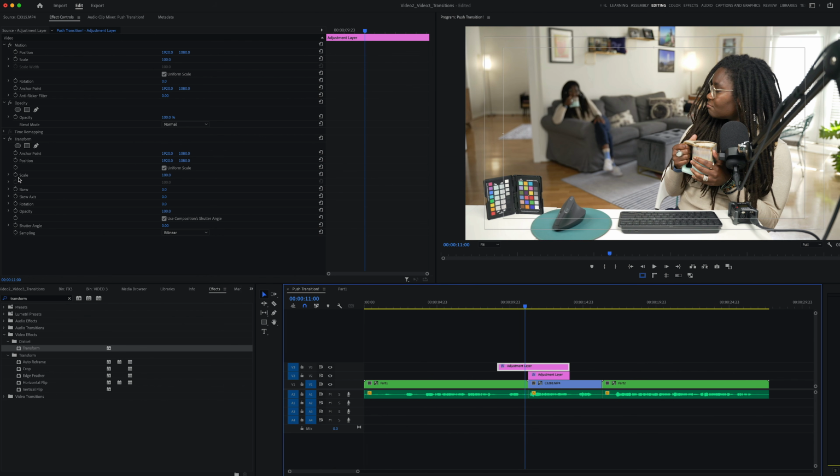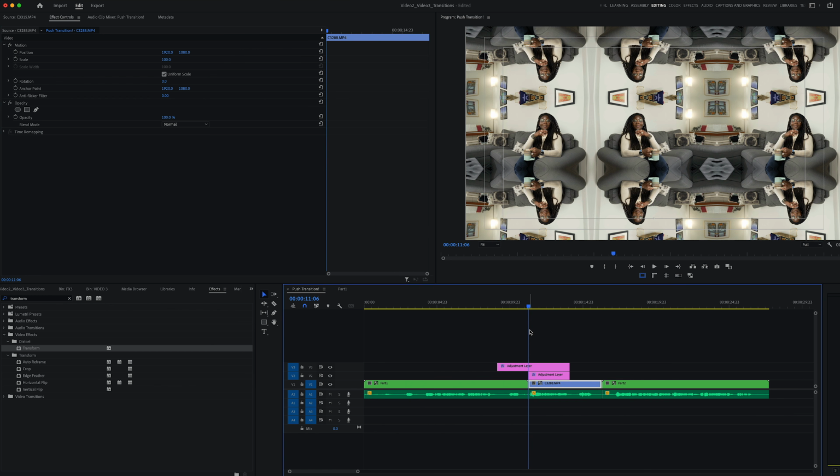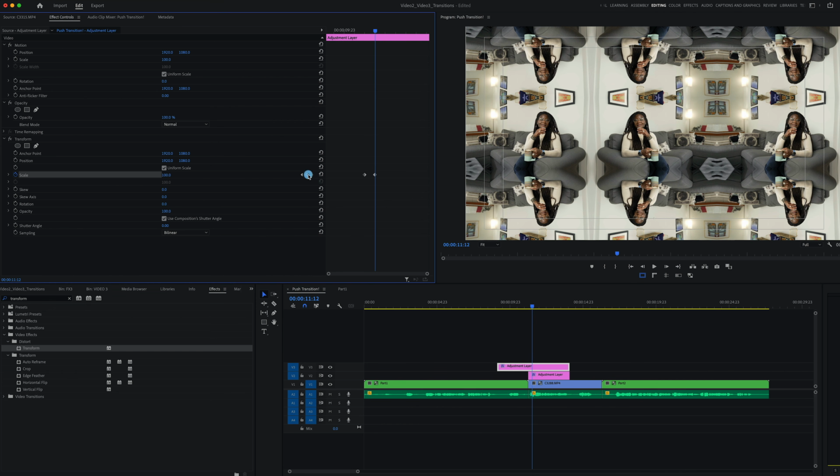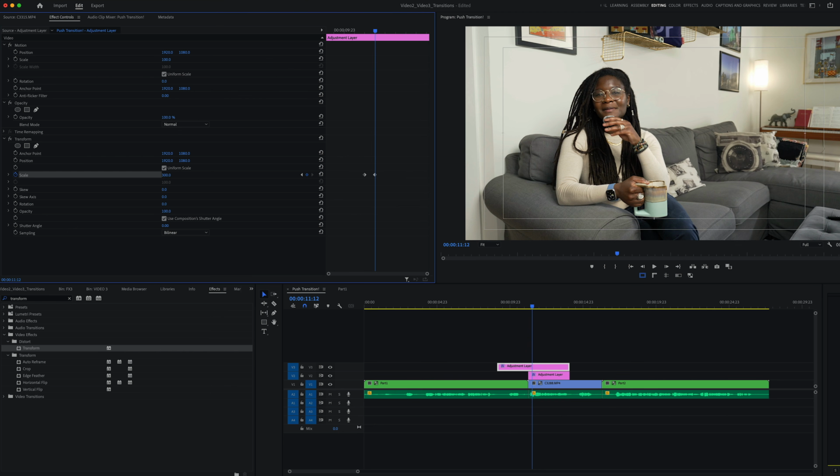We are going to now toggle on our scale under the transform effect in our Effects Controls tab, and we're going to have it toggled on at 100%. Now come right back to the middle, and then we're going to go 5 or 6 frames into the right side. 1, 2, 3, 4, 5, 6. And now from here, we're going to create a new keyframe and change that to 300 to get us back to